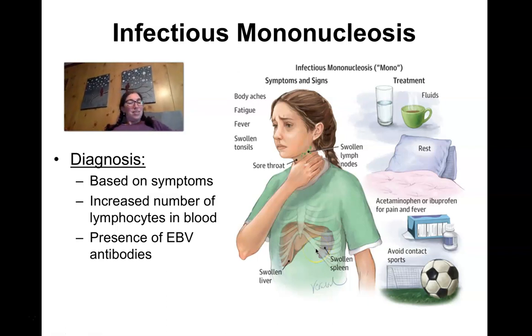That's how, I thought that was how Houdini died, but actually I think his appendix ruptured. It's either his appendix or his spleen that ruptured when he got punched, and that's how he died. So anyway, he didn't have mono though, but if you have mono, you definitely want to,